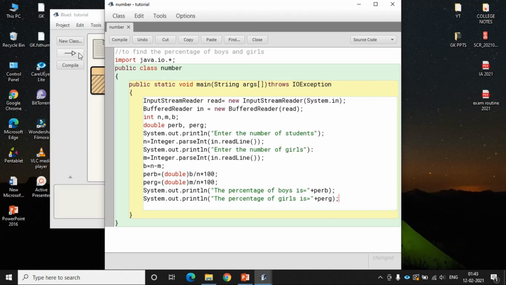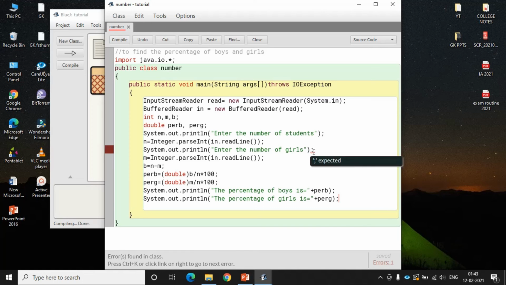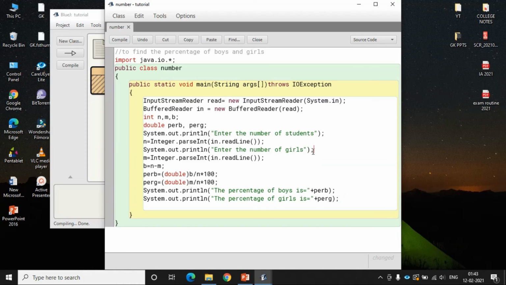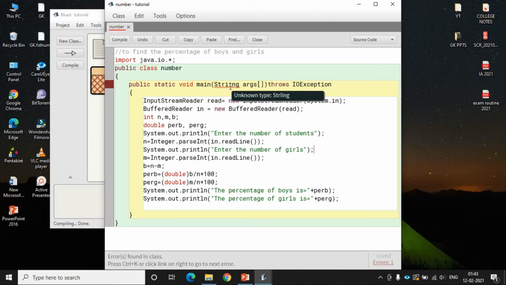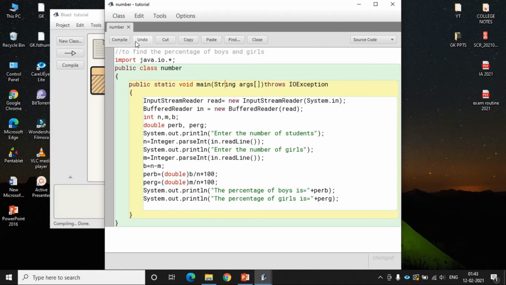Now let us compile. As you can see, it has shown an error here. Semicolon is expected. Now compile again. You can see the spelling of String is wrong here. Now our program is correct. Close it.